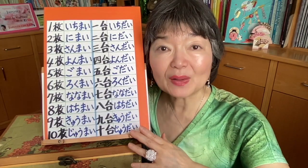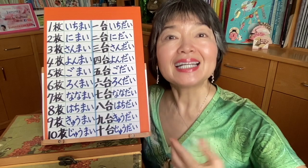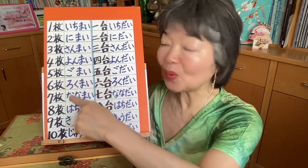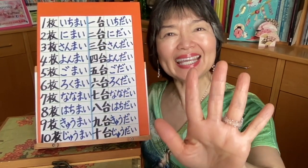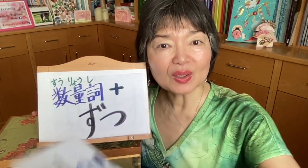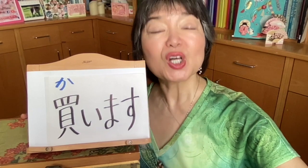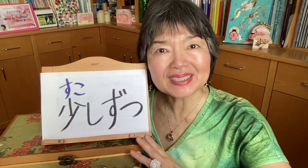Now we must remember how to count very thin things, such as t-shirts, all kinds of clothes, or paper, CD, DVD, these kinds of very, very thin things. We count with 枚。1枚、2枚、3枚、4枚、5枚、6枚、7枚、8枚、9枚、10枚。青いTシャツと白いTシャツを1枚ずつ買いたいです。Very useful expression is this one, little by